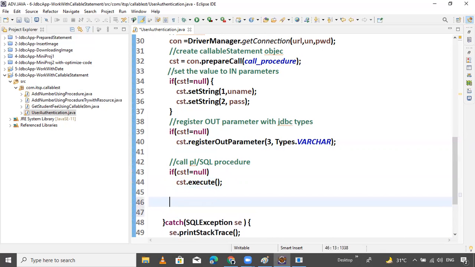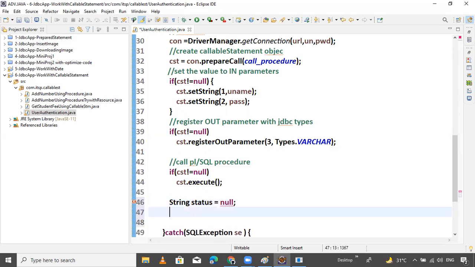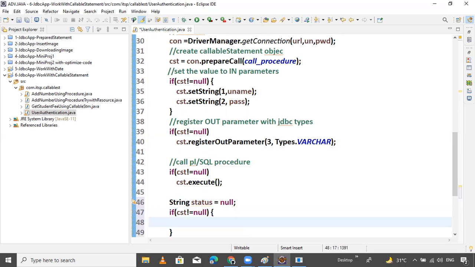After executing the callable statement, you gather the result. So how do you gather the result? Suppose string status equals to null. If CST is not equals to null, just provide one thing: the status.